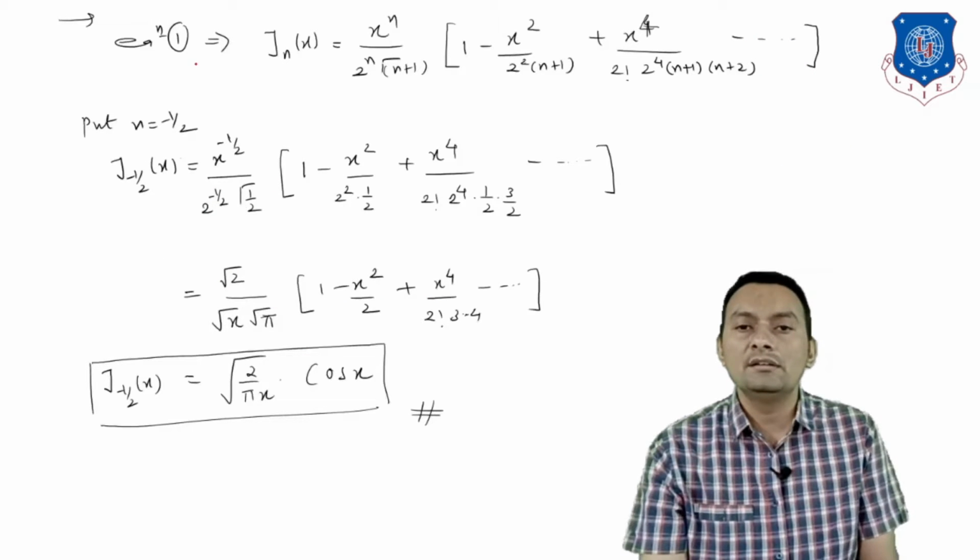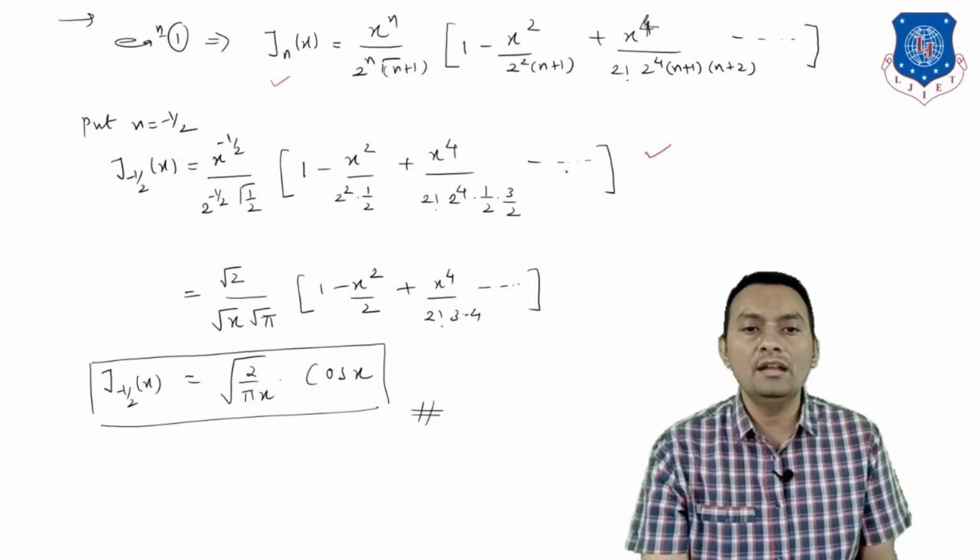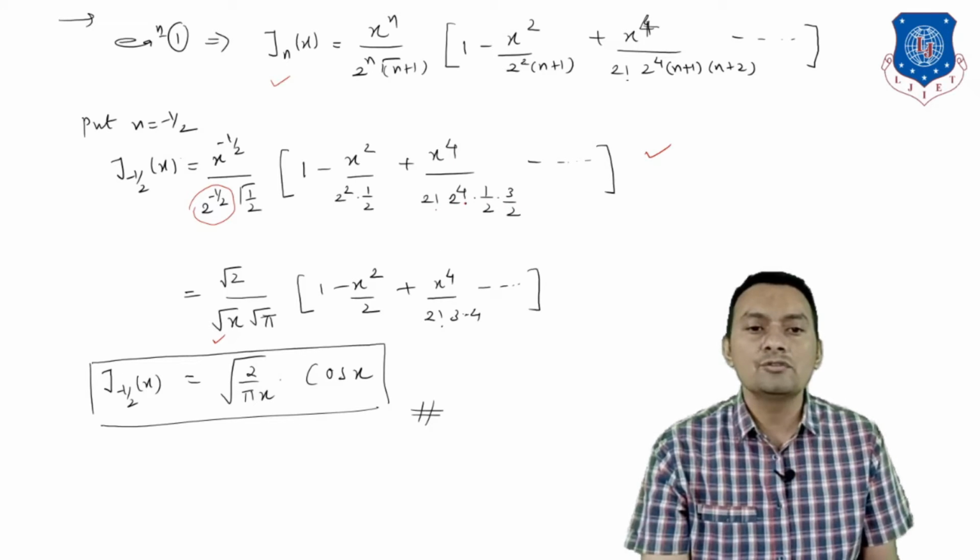Now we have equation number 1, whatever we have J n x, this one we derived as equation number 1. Now you need to prove the second result. So for that you have to replace n is equal to minus 1 by 2, and you will get this one. Now you need to simplify. Here square root of x can be written in the denominator, and that can be written in the numerator, that will be the square root of 2, and this is the square root of pi. So 1 is there, 1 2 will cancel out, so x square divided by 2, x raised to 4 is there, so 2 will cancel out, only 4 is there. So what we will have? 3 times 4 and minus and so on.